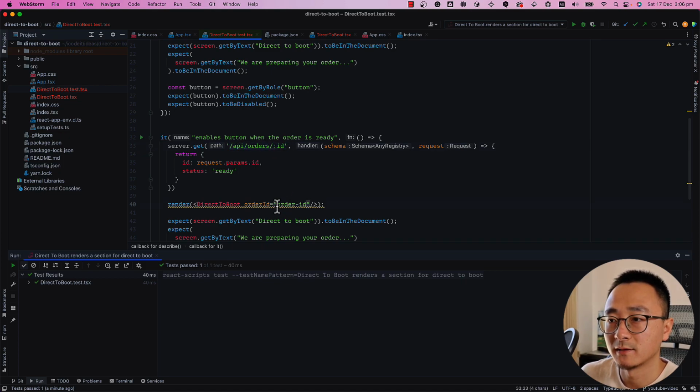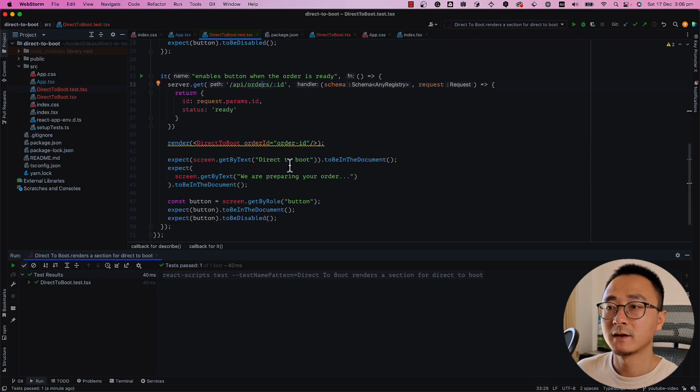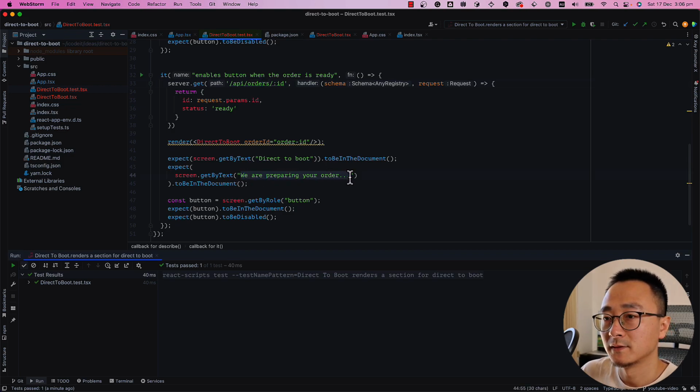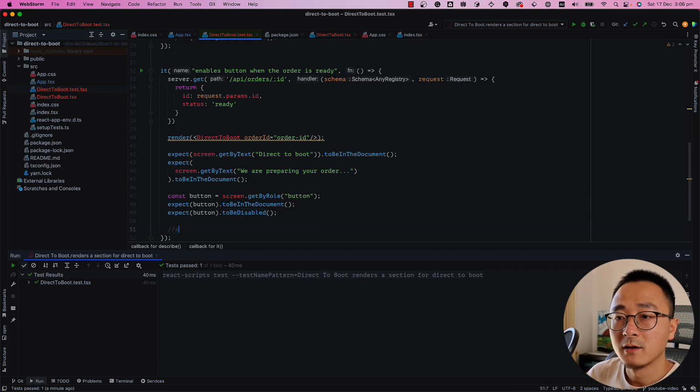It will be replaced by the actual order ID you send in, and then you will get this status whenever you send a request. That's pretty clear. And we want to say the button at some point will be enabled, and the text is no longer this one, but it will happen at a different time. Initially it will be "we are preparing", and initially it is even disabled, but we need to wait for it to be